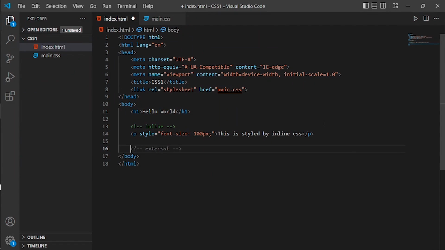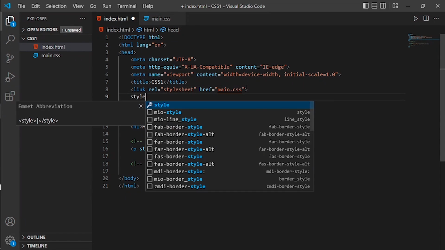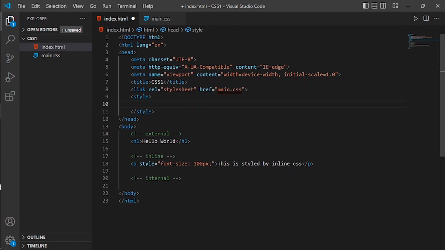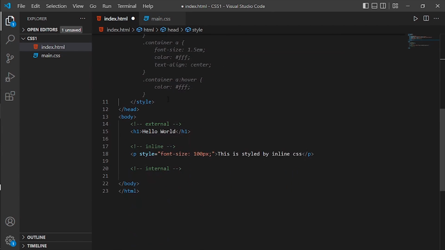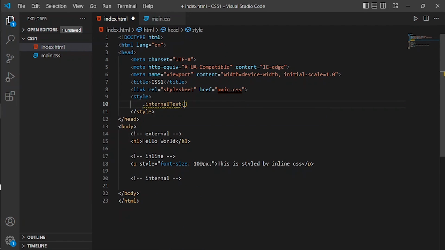The last one is going to be the internal. The internal is done by making the CSS style in the head tag. Inside of this style, we can put something like that. The class is going to be internal text, and